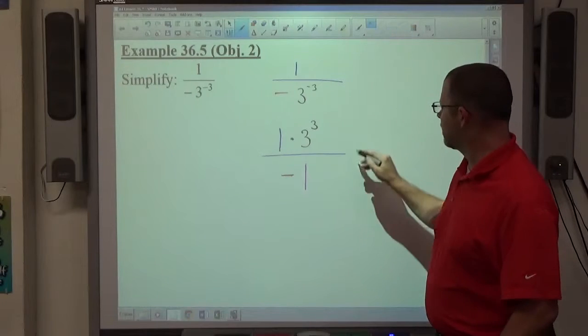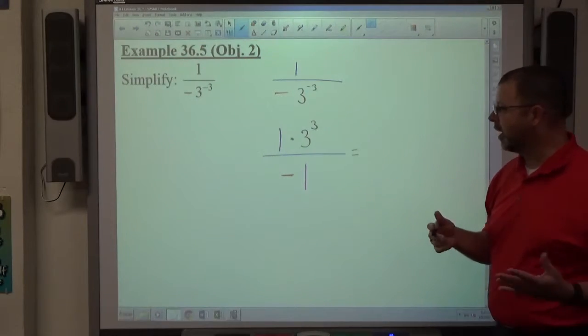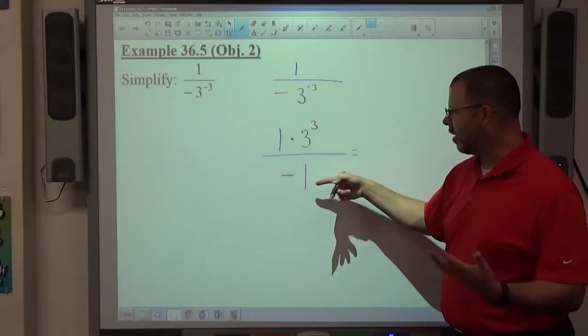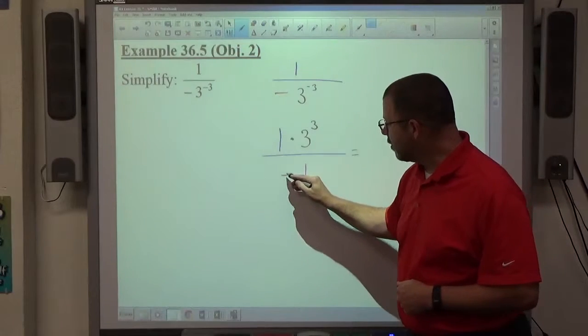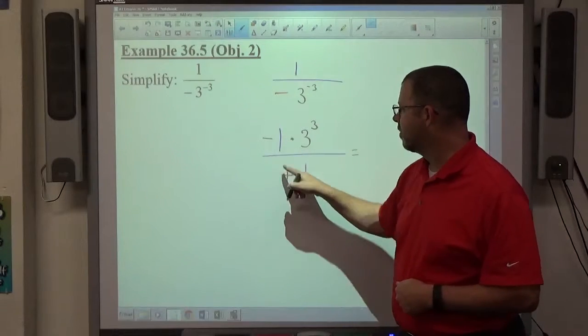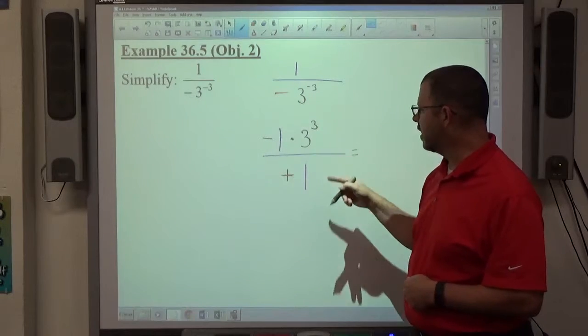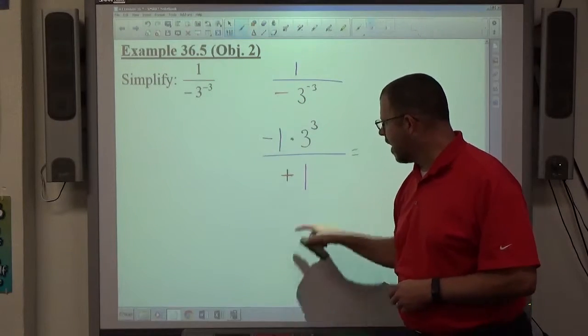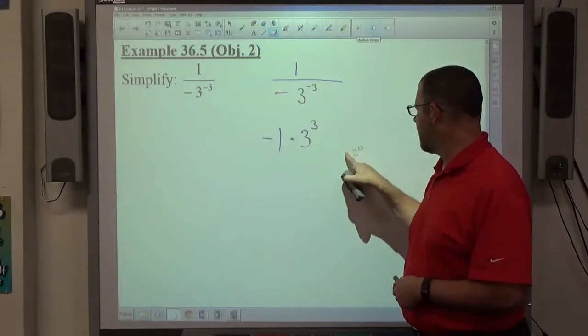Now, we always want to get the simplest answer possible, so if I can make it into a non-fraction, that's great. And you can see here that we're dividing by 1, so that means a non-fraction is possible. We do have a minus sign on the bottom. That's just as good as a minus sign on top. Okay, so the whole fraction here is negative. So if we can get it over a positive 1, we can actually throw out the fraction part of it, and now we're left with a nice,